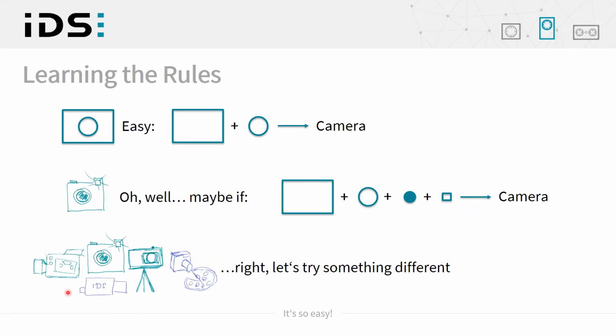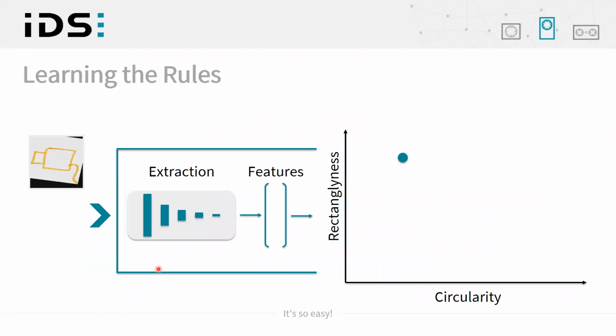So in this case, it would be much simpler if you could just show me a few of these images, tell me, okay, this is how a camera looks, and from that I'll learn. I'll implicitly learn the rules that make a camera, and I'll be able to transfer this knowledge to new and unseen drawings. This is a problem that's also quite suitable for neural networks, and it's quite similar to how a neural network would learn these rules. So how does that work?